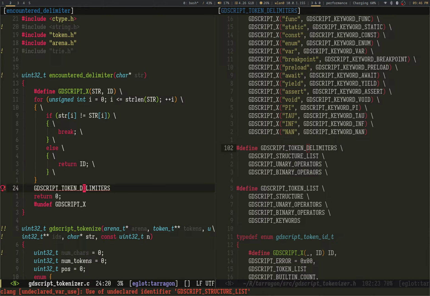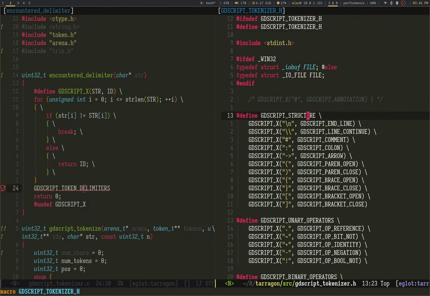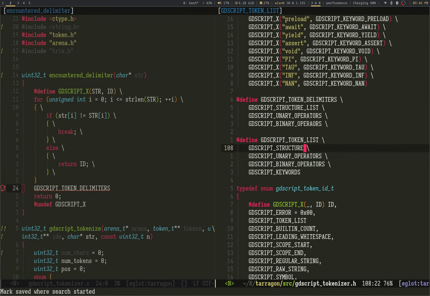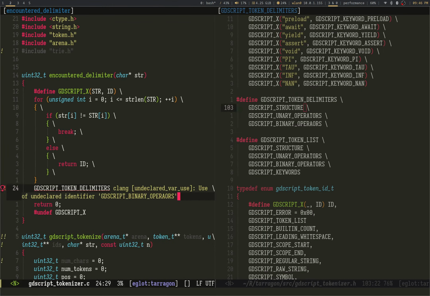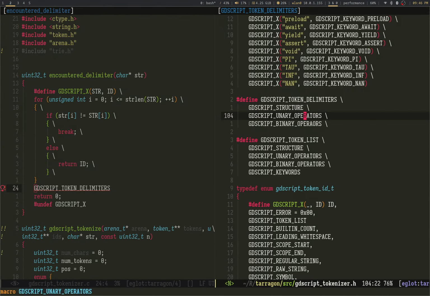And what's the problem here? Why are you complaining? GDScript structure list. What did I call it? I just call it GDScript structure. Okay, cool. From here, binary operators. The problem is I can't spell.